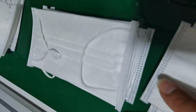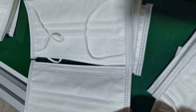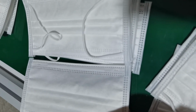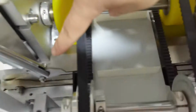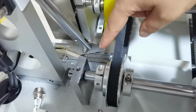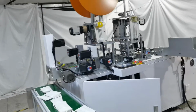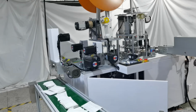And you can see the edge part. You can see the two masks connect like this. So you need a scissor to cut the edge. So you can see this is the blade, automatic cut, and separates the masks. So they also have a waste edge. They can output it in the carton. And this machine has no need for air cycling. No need for air cycling. This is automatic